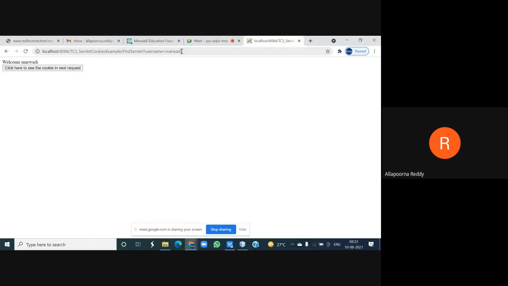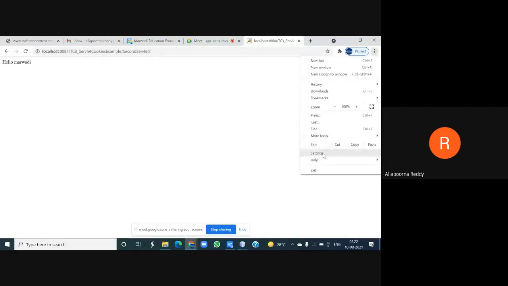Why did it come? Because I am using the doGet method. Then here I am asked to click to see what my generated cookie is. I need to retrieve the cookie from my browser. For that purpose, I also used a method, getCookie. So if I click my generated hello Marwadi, we are going to get my second submit. But where is this cookie stored? I told you this cookie is stored in my browser. So let's check my browser to see whether that cookie is generated or not.